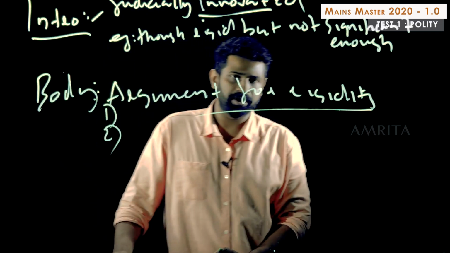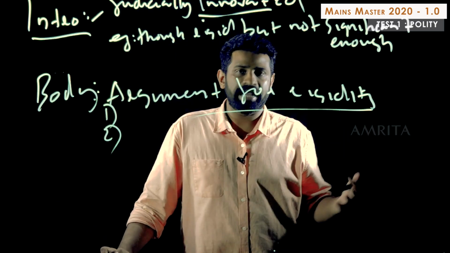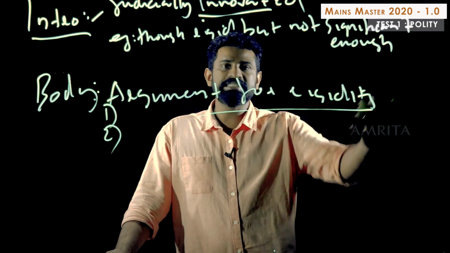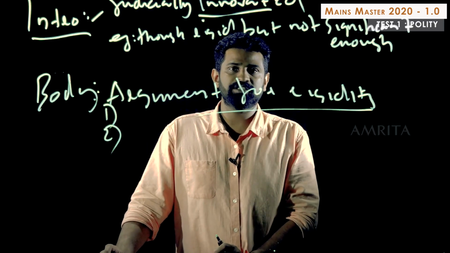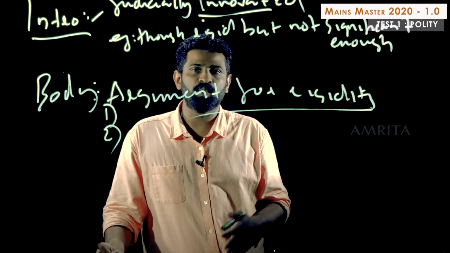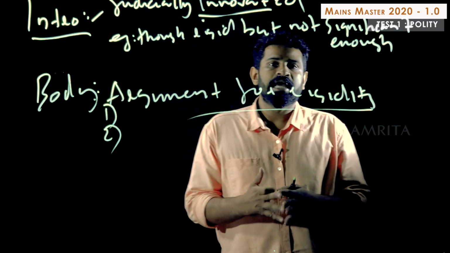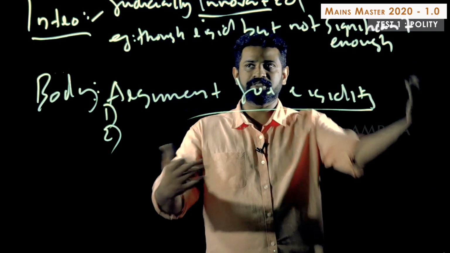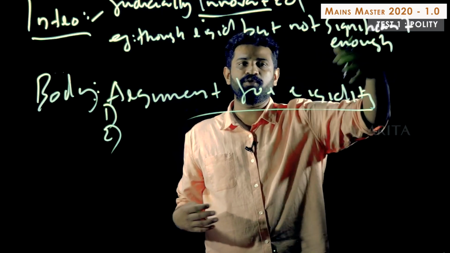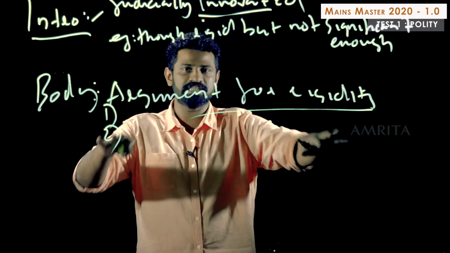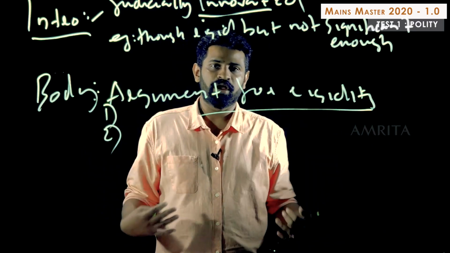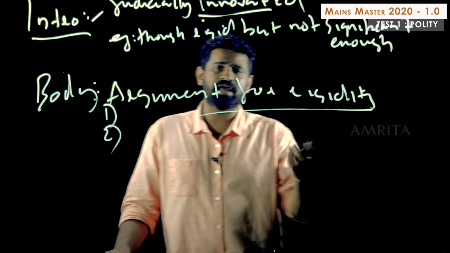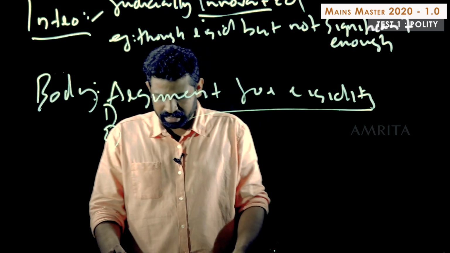What is the second argument? Some critics are of the opinion that this rigidity enforced by the basic structure doctrine has prevented the Indian constitution from evolving to changing circumstances. So you might think this is going against this point, but that is fine at this point, because we are going to go against that, right? Or maybe you can give it as a case also, or an example also.